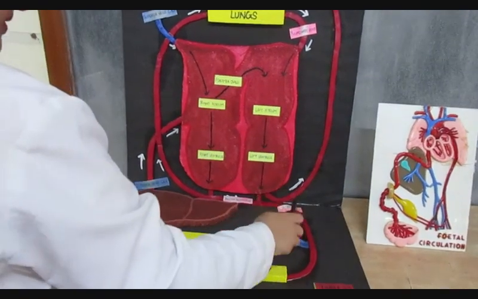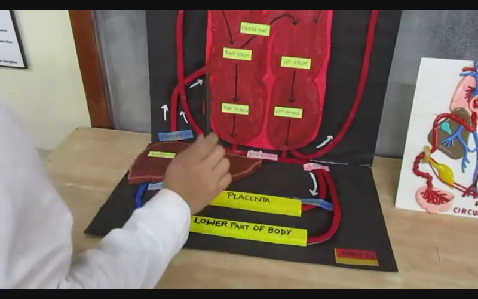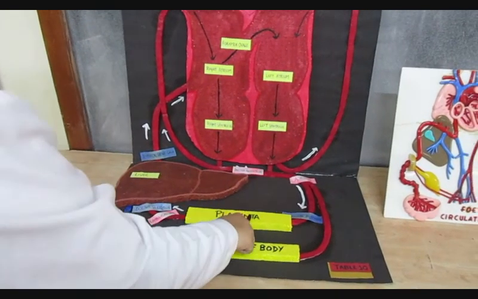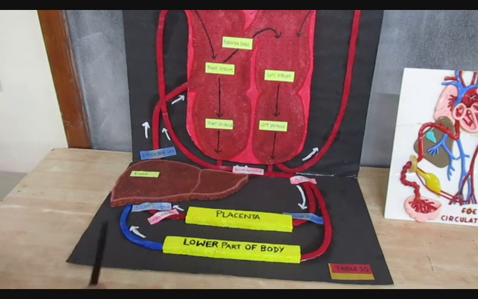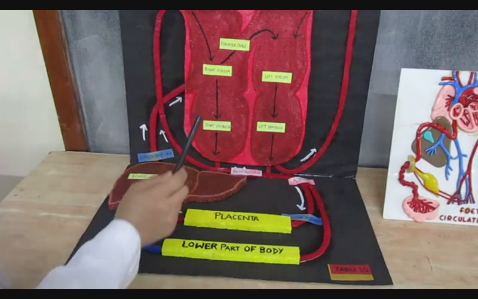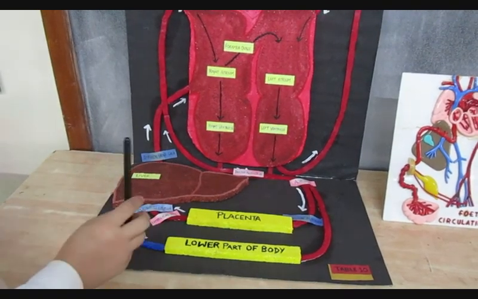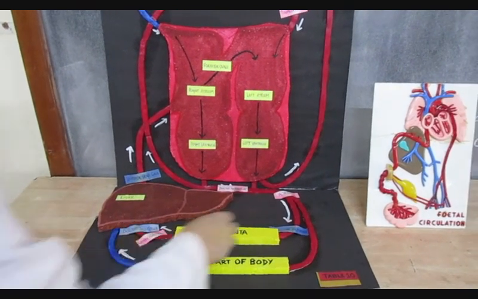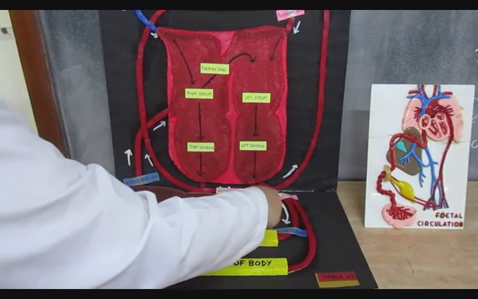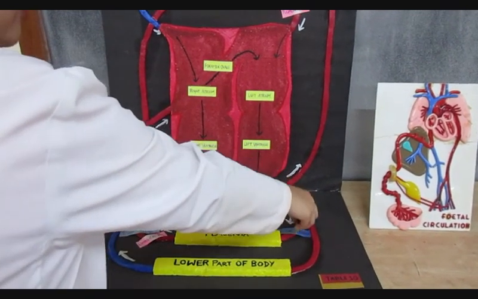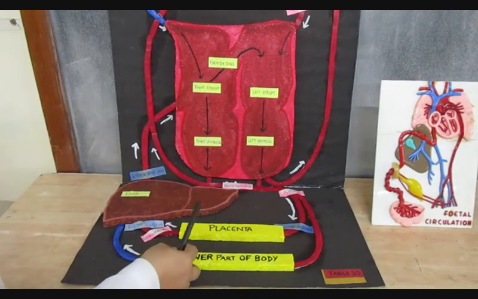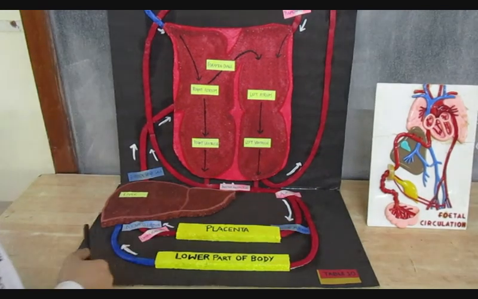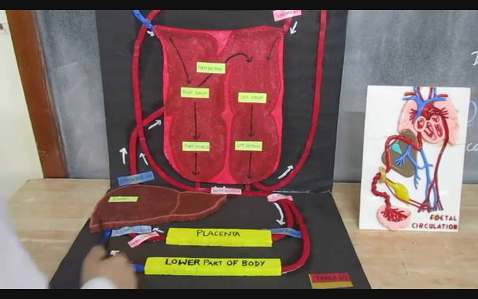The umbilical arteries, as I told you, are going to go back to the placenta. We call them arteries because they are going away from the fetal heart, though they are carrying deoxygenated blood. Most of the blood was oxygenated up to here, but this is deoxygenated blood, meaning a higher concentration of carbon dioxide, as it is coming back towards the placenta.